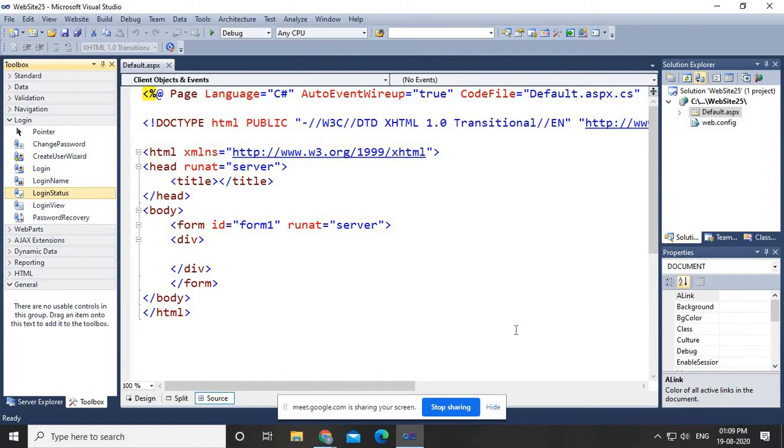Not only that, by using these controls we are trying to secure the website. Some of the pages we are going to create on the website will not be accessible by anonymous users, or some of the pages will be accessed only by specific users. So in today's session we will highlight the security feature.